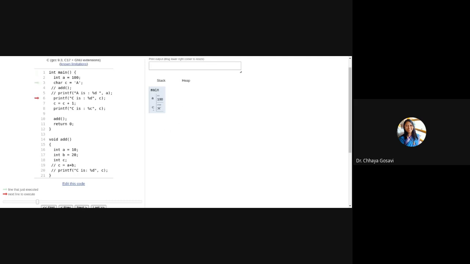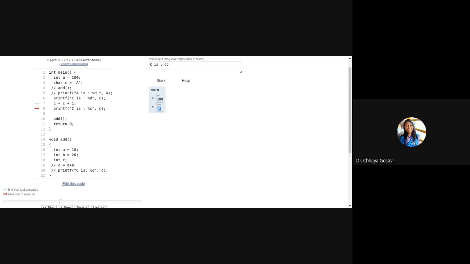What is the value of small c? It is capital A that we have just assigned here, and it is printing c is 65. Now c is c plus 1. So can you see the character is changed here, instead of A now it is B, because the ASCII value 66 is for capital B. Internally it maps that 66, we added c equals c plus 1.